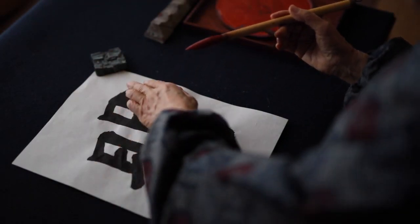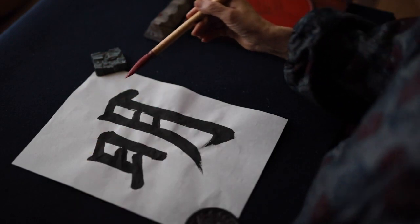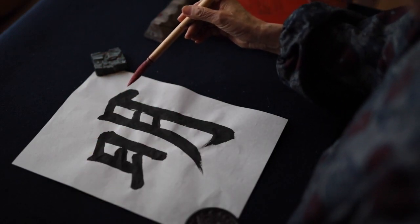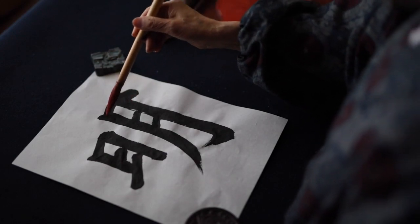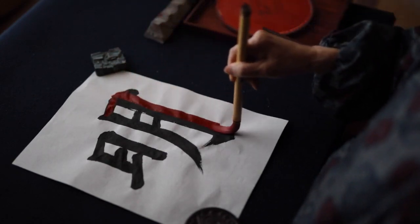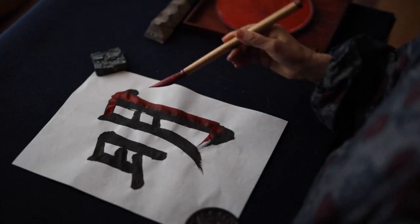However, in this part, your wrist had too much power. While you draw this point, relax your wrist and keep exhaling. ここだけですね。